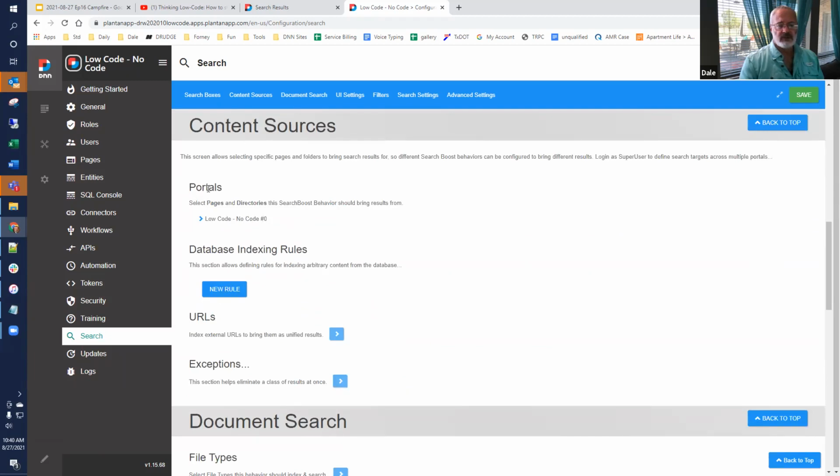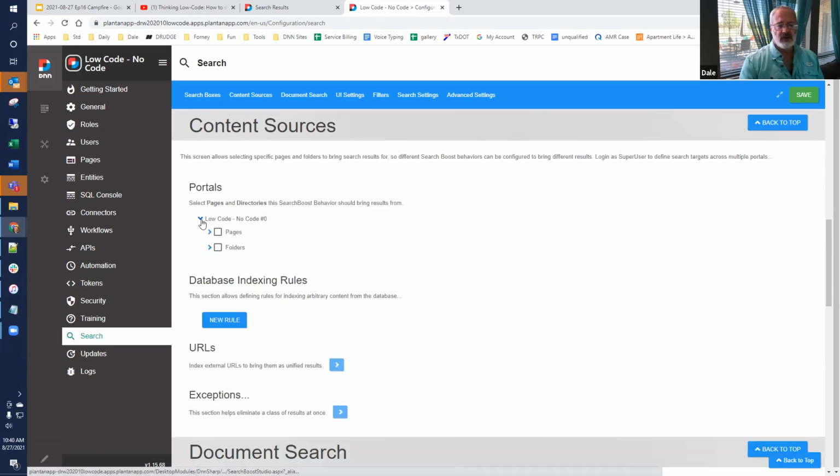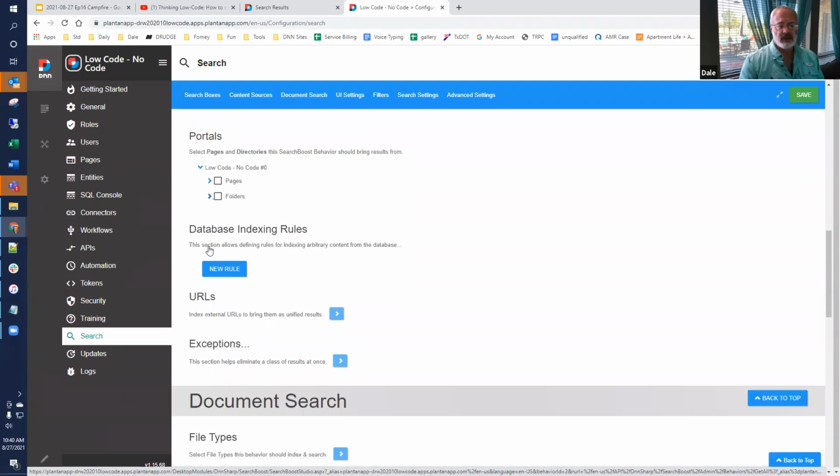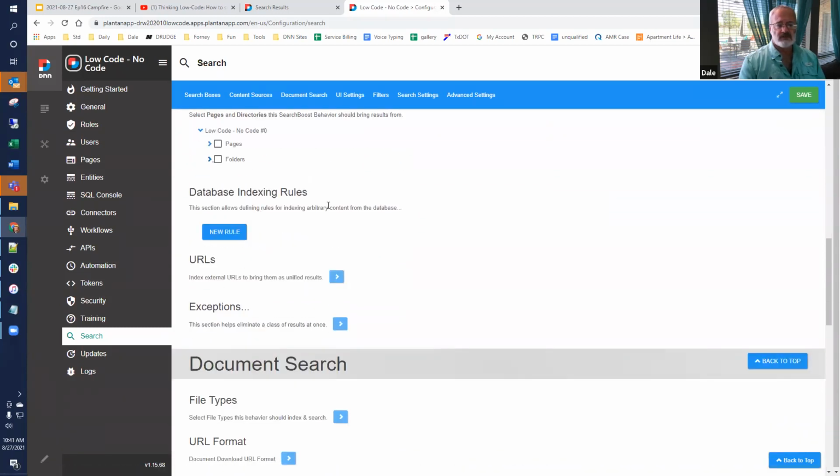Where's the data coming from? That's content sources. Within our portal, we have no pages selected. It's not getting any data from any pages. It's not looking in any folders on the file system, and it's not getting any data from the database indexing rules.